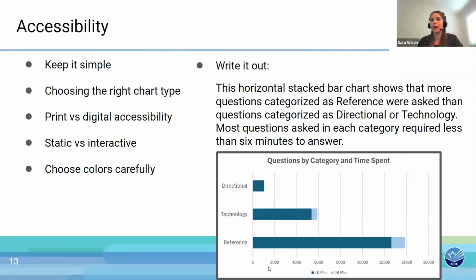And I'm going to zoom back out again a little bit and talk about accessibility before I show another slide with the visualizations. So visualizations, of course, are in general created to make data more accessible for a larger audience, but that doesn't always necessarily mean that accessibility and data visualizations easily go hand in hand. There's a lot to take into consideration.